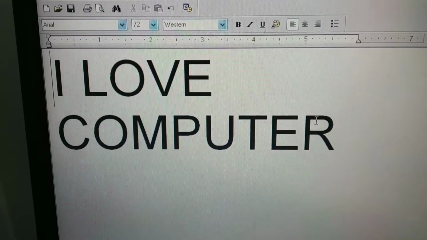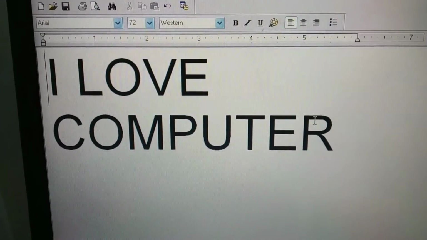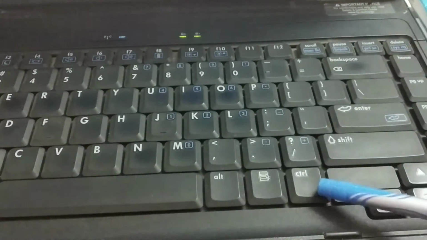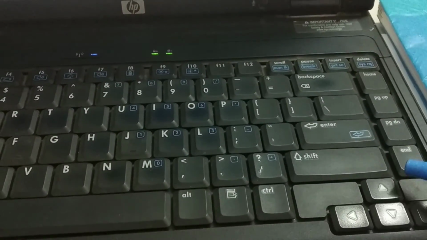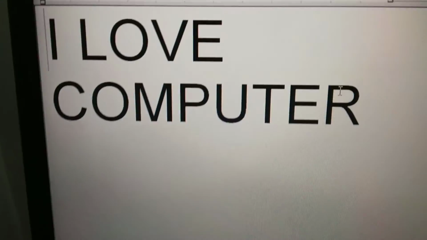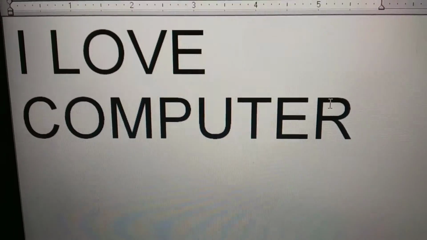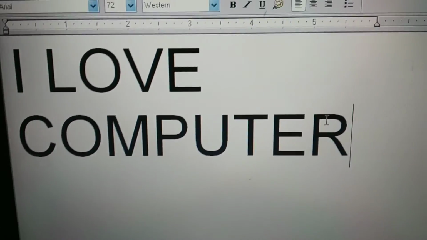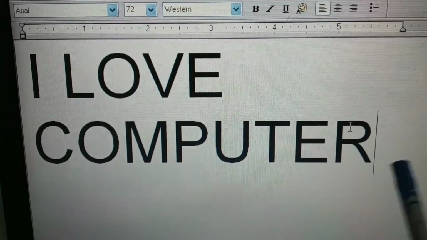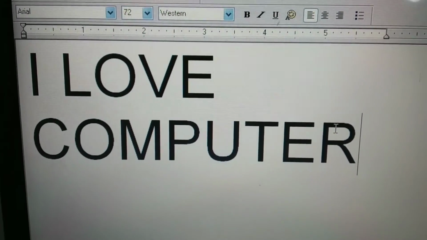And now to the end of the document, we have to press Ctrl and End key together. You can see, Ctrl and End, and now the cursor comes to the end of the document.